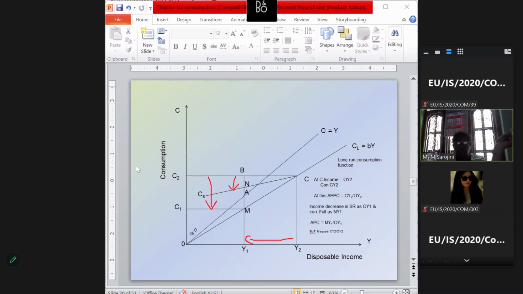And also you can take the point M. At the point M, the APC is equal to OC1 divided by